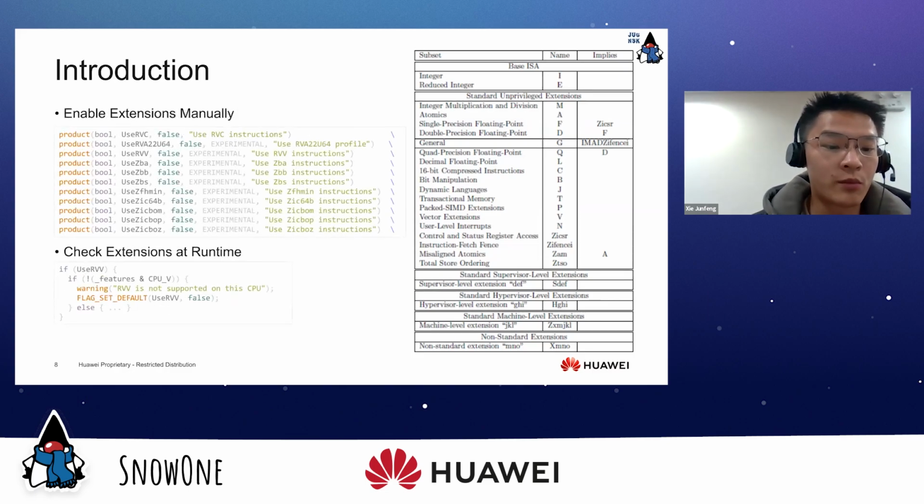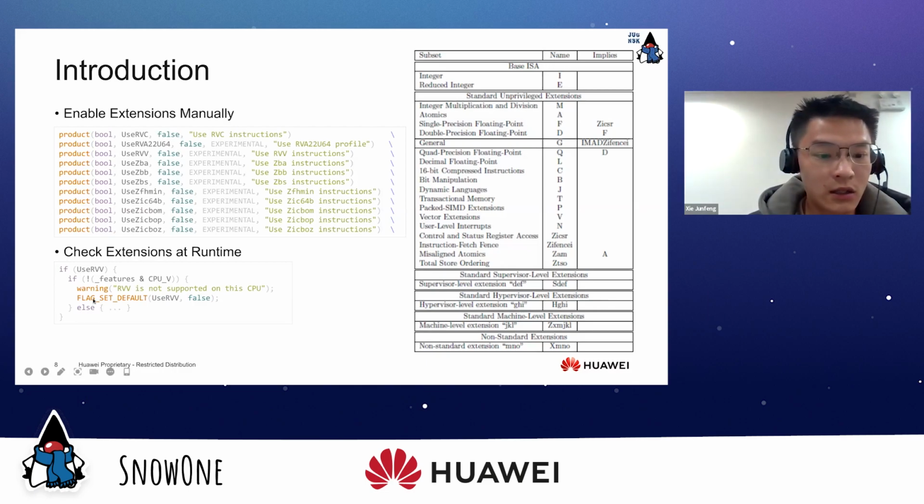By the way, you are probably wondering, since these extensions are optional, what if the current system does not support the extensions? And how do we know if we can use the extensions? In fact, we added many VM options, and you can turn them on in your command line if the current machine supports the extensions you want. Also, we can check if the extensions are available at runtime. When the VM options are turned off, we will still generate the code, but only via the base instruction set.